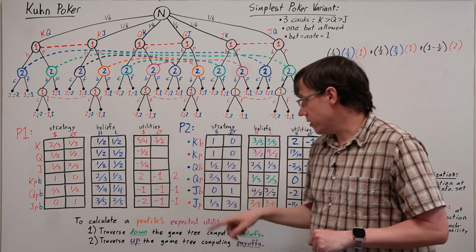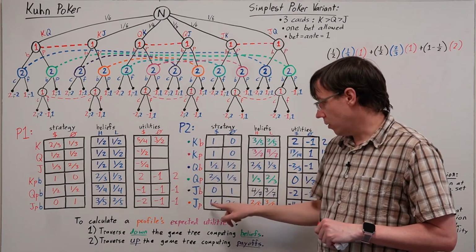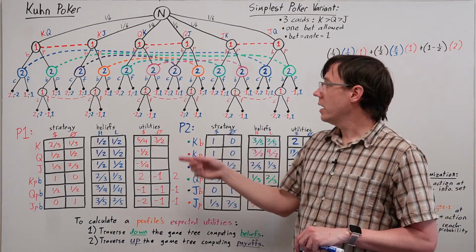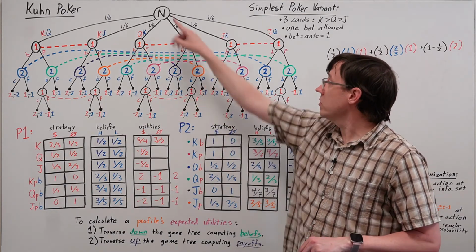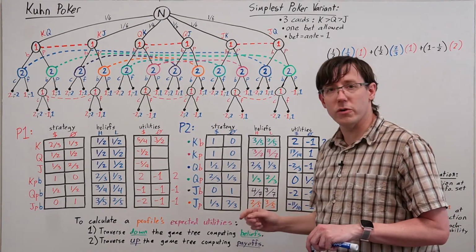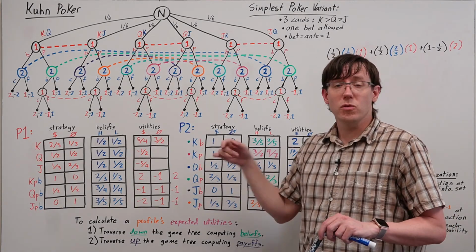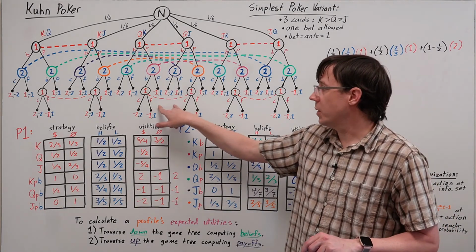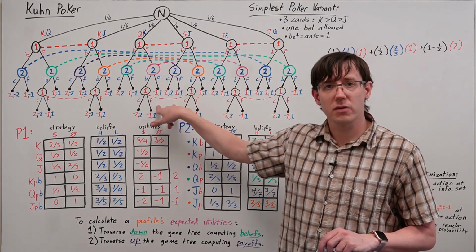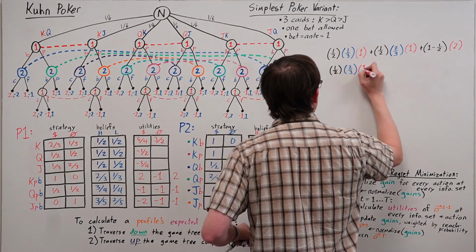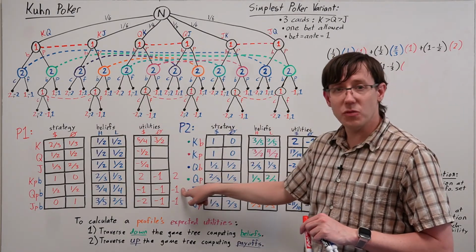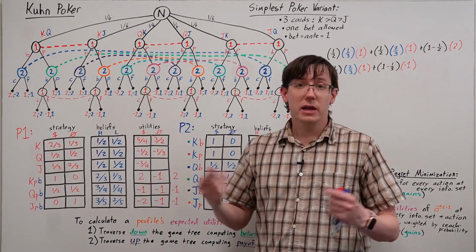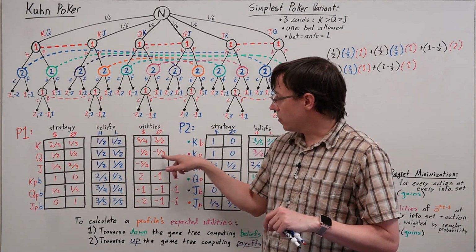From this information set, playing pass will lead to the pink or orange information sets for player 2, where their mixed strategy is either 1/0 or 1/3, 2/3. And so this outcome never happens. This outcome happens a 1/2 times 2/3 of the time. And the remaining 2/3 probability corresponds to arriving at this information set. And at this information set, our expected utility is -1. And so the expected utility of passing is